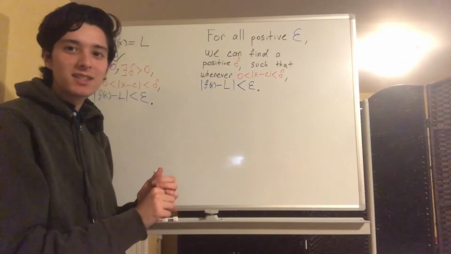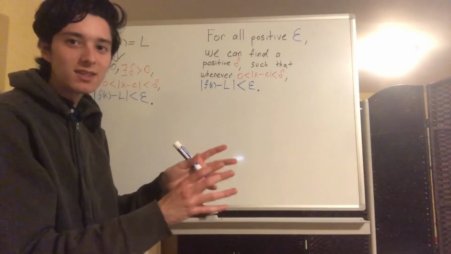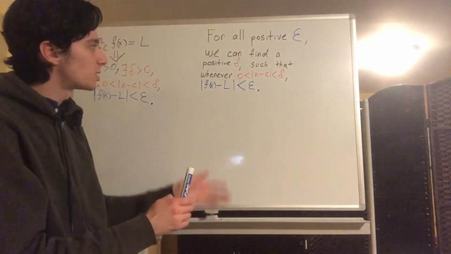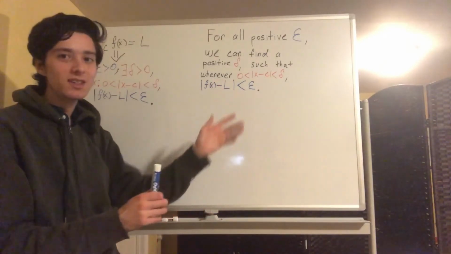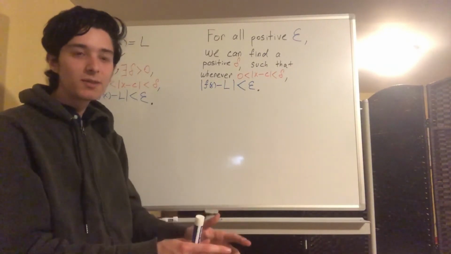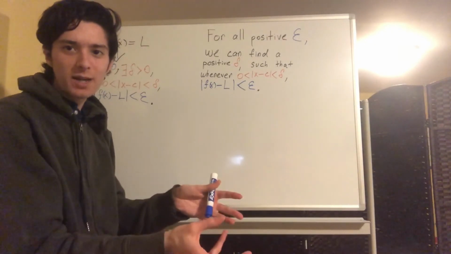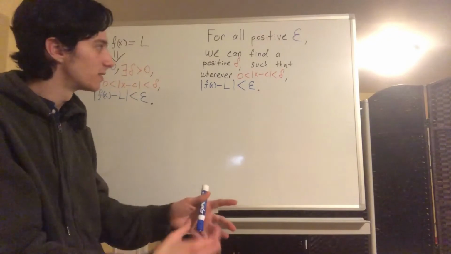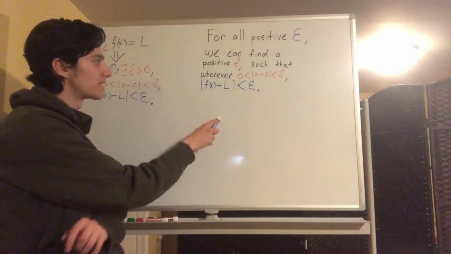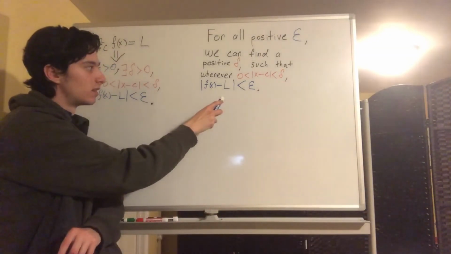So that's the distance that x is allowed to be within c, such that whenever x is within delta of c, so we're saying x is going to be close to c, so kind of this idea of x approaching c,